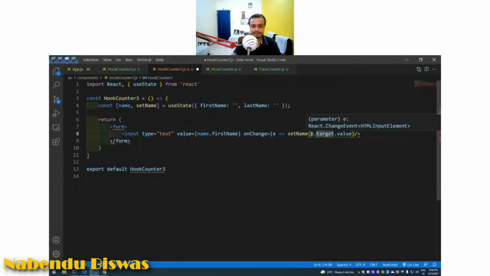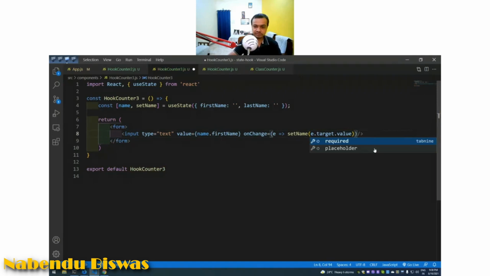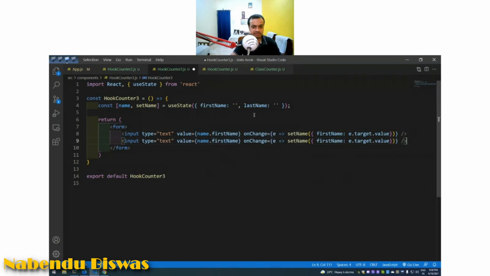So first I should close it. Okay, and then because this is an object only, first name is like e dot target dot value, I have to do like this, and this is the last name. Last name is again set name is e dot target dot value, and then